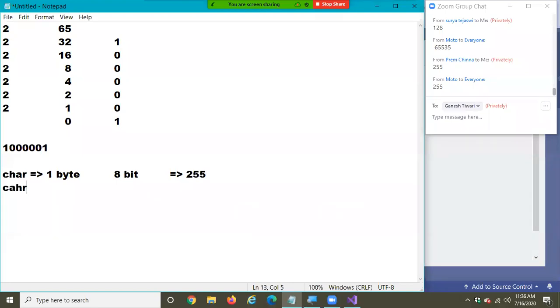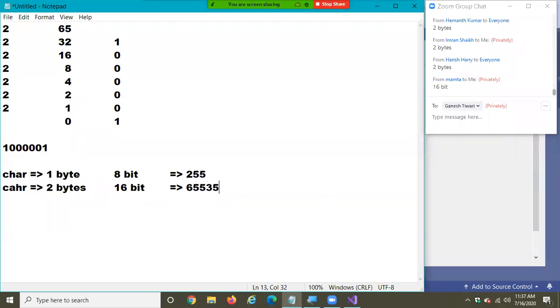But when you come to the char of C sharp, what is the size of the char in C sharp? 2 bytes means 16 bit. How much? 65,535. 65,535 when converted to binary will give you 16 ones.